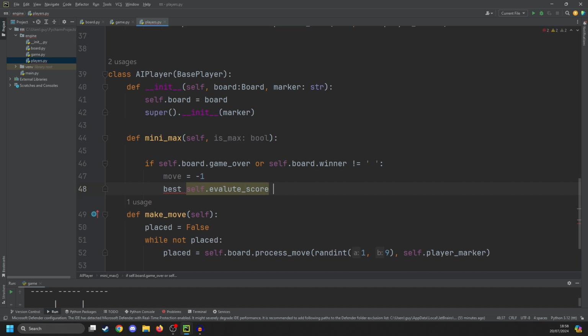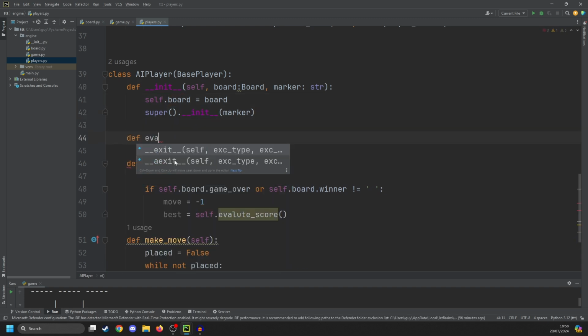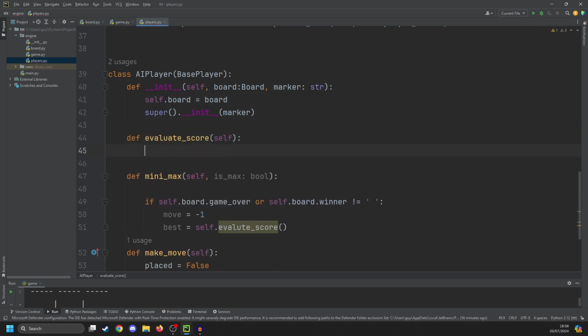self.evaluate_score, which I haven't written yet. Let's make that equal to. And this is going to whinge because it doesn't exist. So let's write that now. Def evaluate_score. And what we're going to do here is work out if we won or if we lost and set a score appropriately. And the way we do that is if